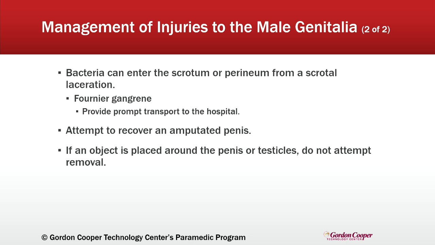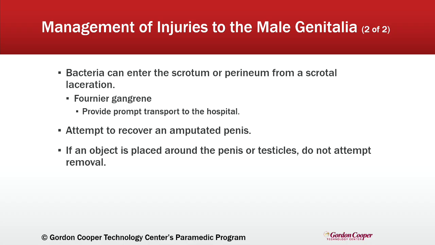If bacteria enters the scrotum from a laceration, it can result in Fournier gangrene, which causes necrosis of the muscle and subcutaneous tissues. Signs and symptoms include a spongy, crackling sensation, like a crepitus sensation in the scrotum, maybe some gray-black scrotal tissue, wound drainage, fever, and pain. This is a true medical emergency that requires prompt transport to the hospital, as leaving it untreated can lead to